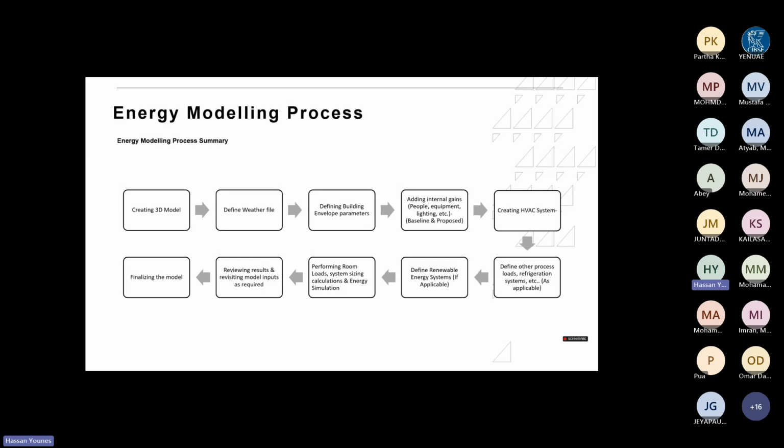Is it an AHU? Is it chilled beams? Then you need to define other process loads like refrigeration and others, elevators, for example. Define renewable energy system if you want to do that in the same software. Then you would perform room load sizing, system sizing, energy simulation, and you would need to review the results to